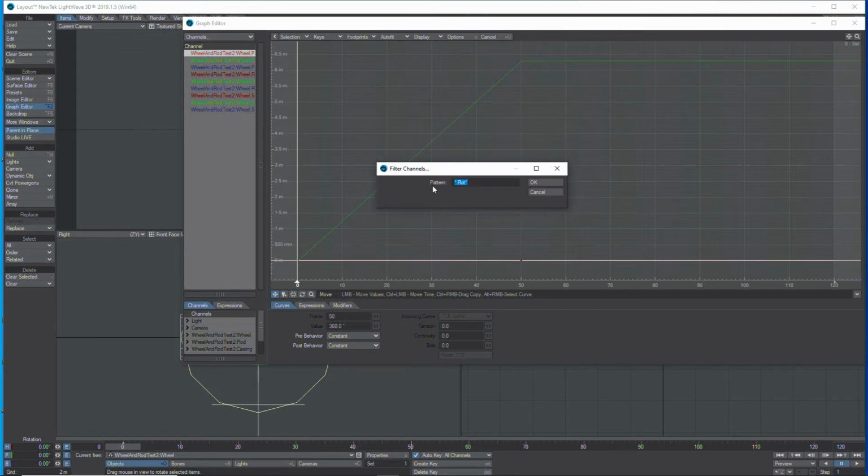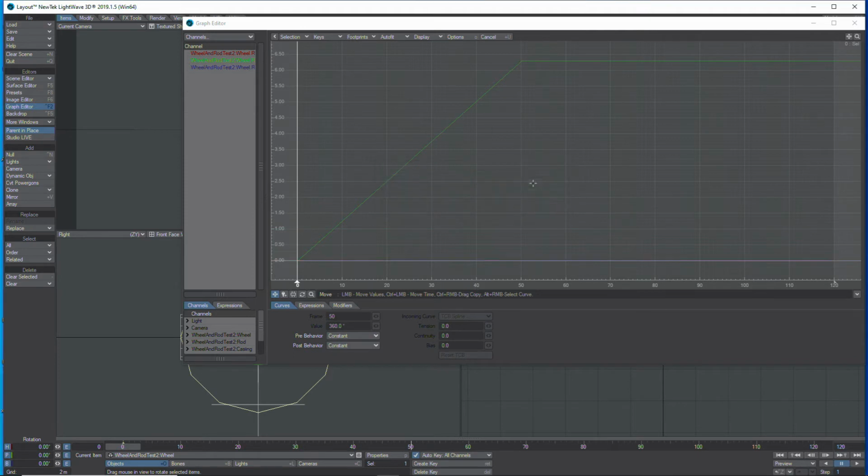Here you can see it says star.rot star, and that's our pattern that we are going to use in order to just filter everything else out and leave only the rotation channels listed, as you see here. So we're working on the pitch, so we select that channel and then highlight keyframe 50,